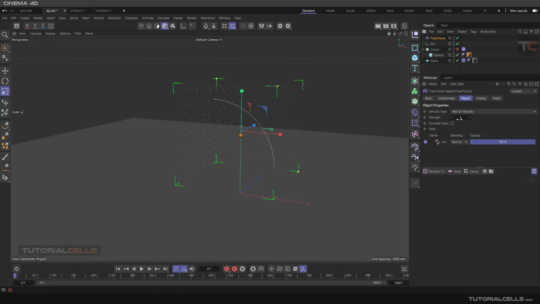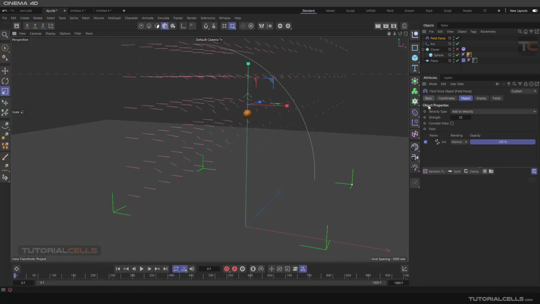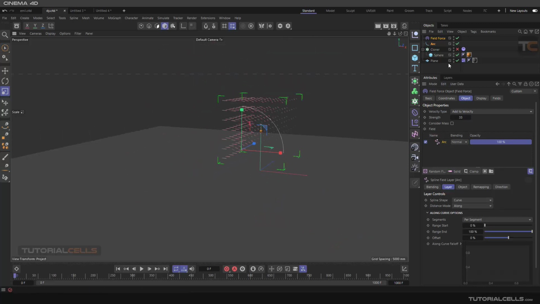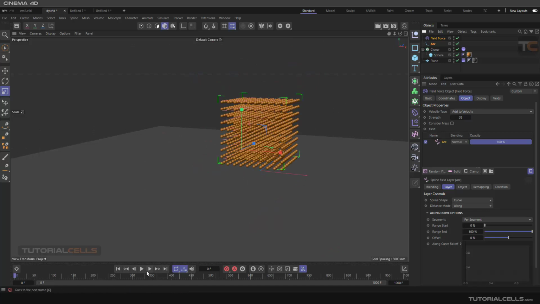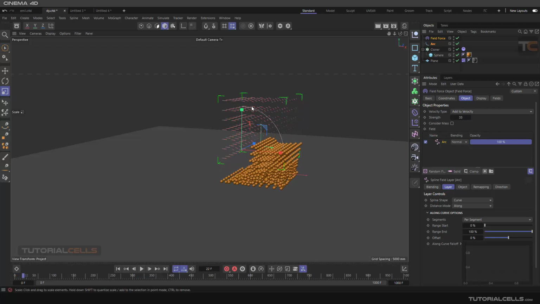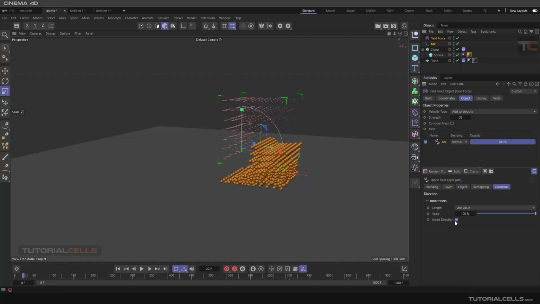So you can go to the field force, go to the strength, and as you can see, in this case the curve is aligned. So let's try what happened here. As you can see, it's in a reverse direction. It's very simple. You can go into the arc and the direction, and you can invert the direction. And if you play again,